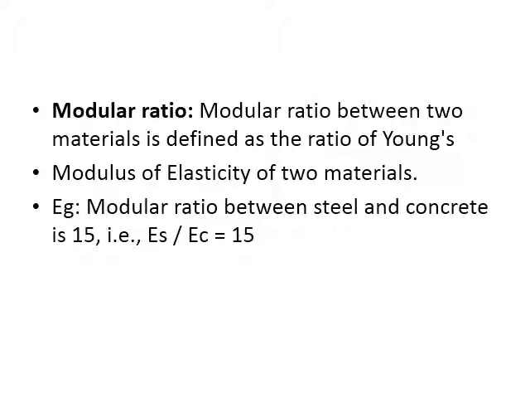Okay, so you can see an example. Modular ratio for steel and concrete is 15. That is ES by EC, Young's modulus of steel divided by Young's modulus of concrete, it is 15. So usually in numerical examples, they will not give you the direct values, such as Young's modulus of steel and concrete is so and so. They will give it in terms of modular ratio, that is, the ratio of Young's modulus of steel and concrete is 15. So this ratio you have to use in your numerical example.